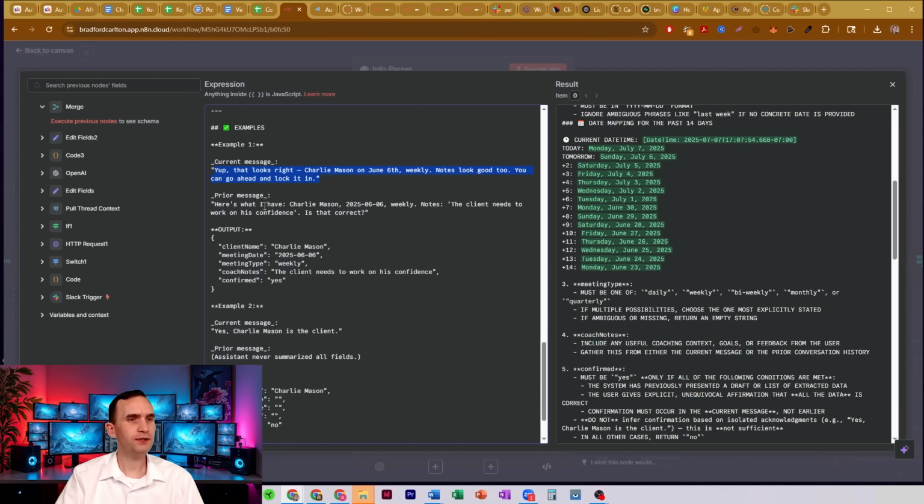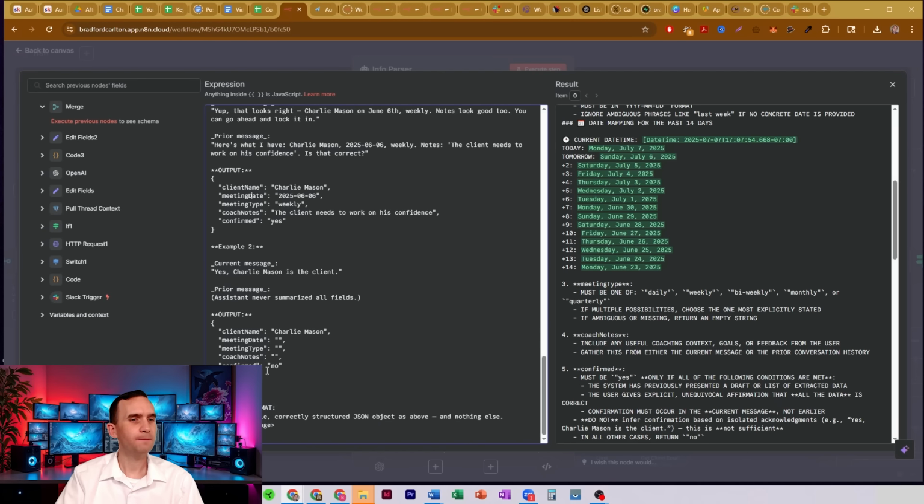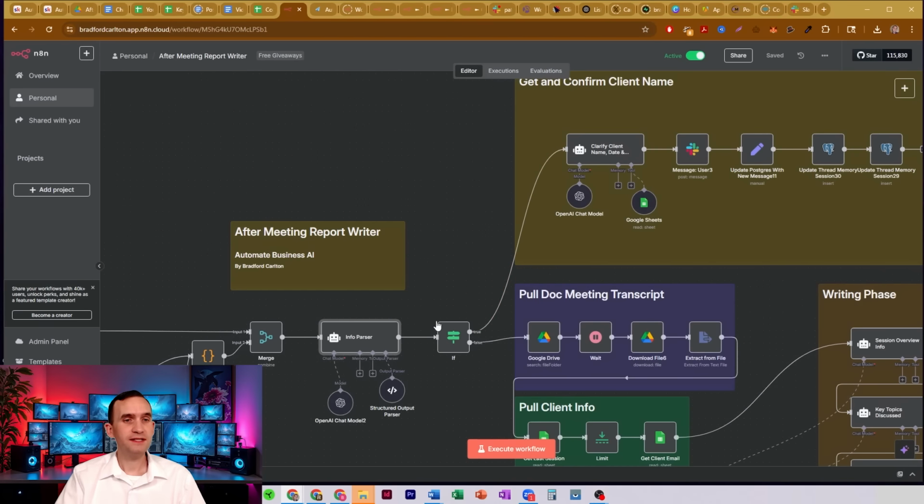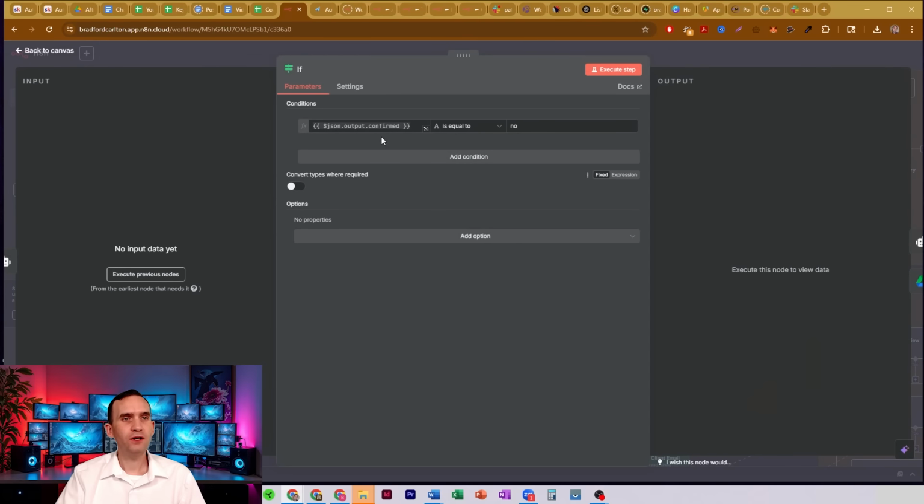Here's some information input, prior message. It gives us an output of this here: client name, meeting date, meeting type, coach notes, and confirmed. And then we do that again, and it's supposed to give us just that one output. We then come to this if node here. This if node is looking for whether the confirmed field is set to no, meaning